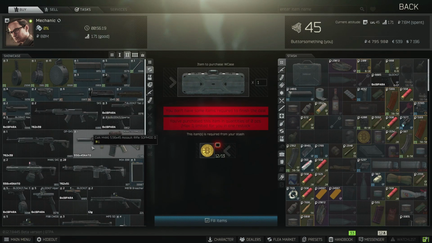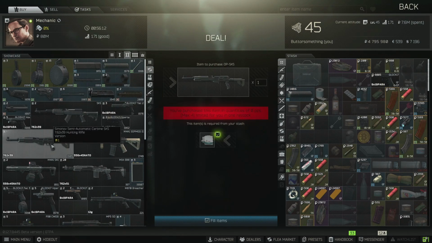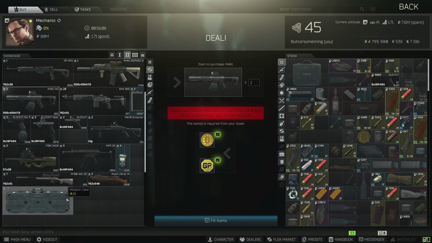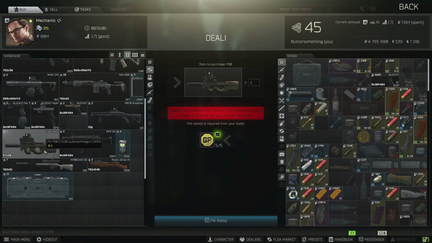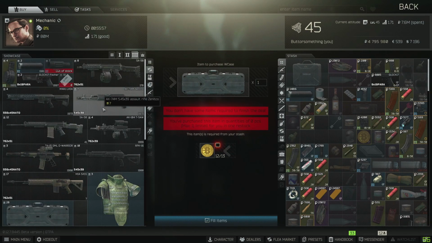Again, just to kind of review, since I did go through a lot, it's going to be the Ultimac, the MOE 4 stock, the OP SKS, the M4A1 SAI, the P90 CWDG, and the weapon case from mechanic level 2. Moving on to mechanic level 3,